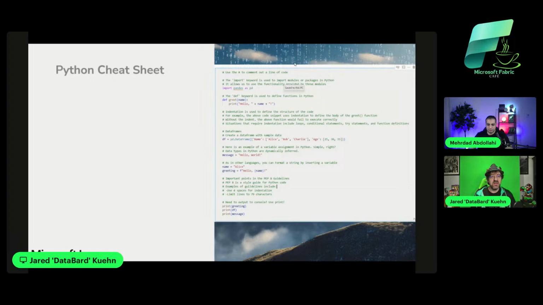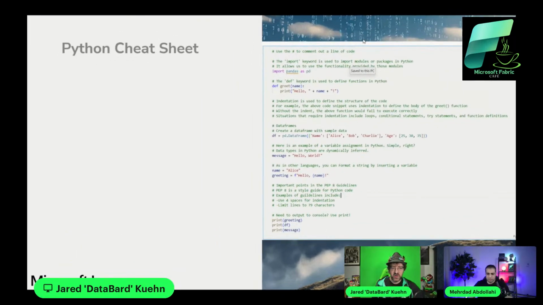Now, under the assumption that you may be new to Python as well, let's go over some key things you should know about the Python language that will make it easy for you to read Python, and it easily translates into working with PySpark. So here's my quick cheat sheet for you if you're new to Python. First of all, hit that hashtag to comment. Not just something for social media, it's also for commenting out lines of code within your scripts here. You can see it clearly from the green text in my example here.